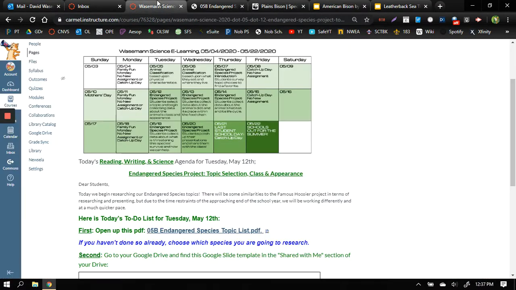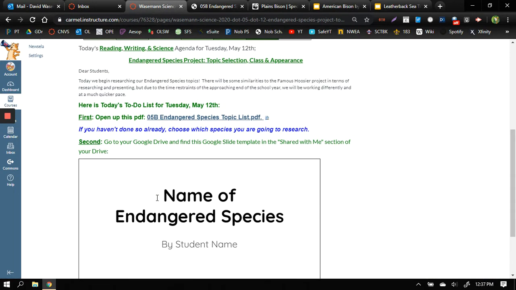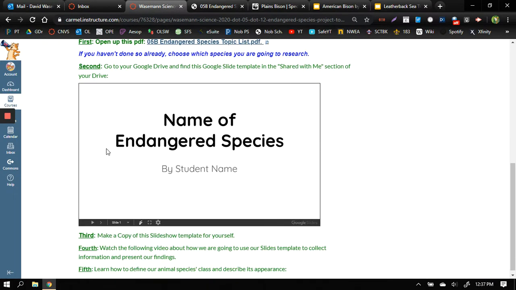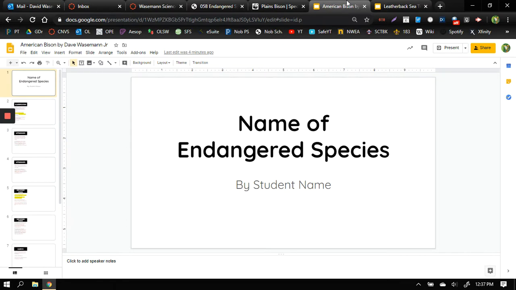The next thing you have to do is go to your Google Drive and find this template that I've already shared with you. It's the Endangered Species Project template, and it's going to look like this. I have already made a copy for myself because, like your famous Hoosier presentation, I shared a copy of a template. You had to make your own copy in order to edit and change things around. This is my copy. As you can see, I already changed the name to my topic, American Bison,